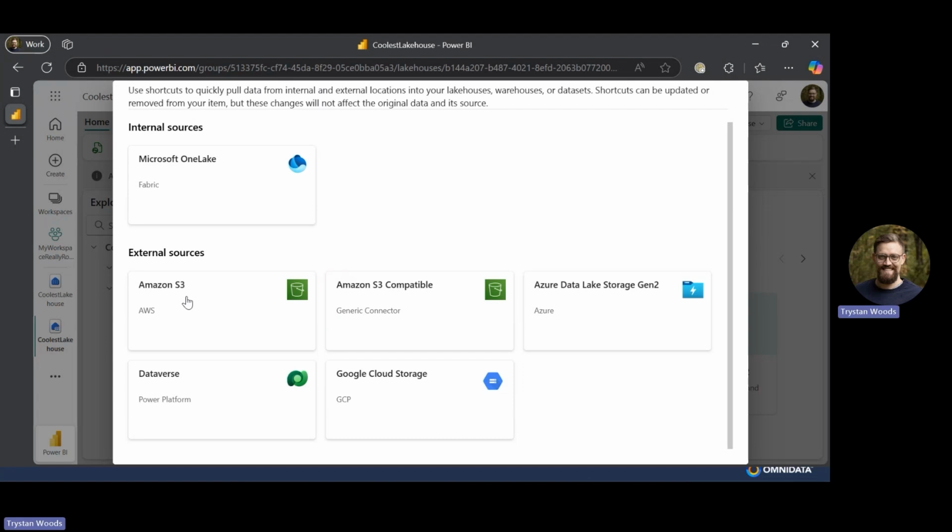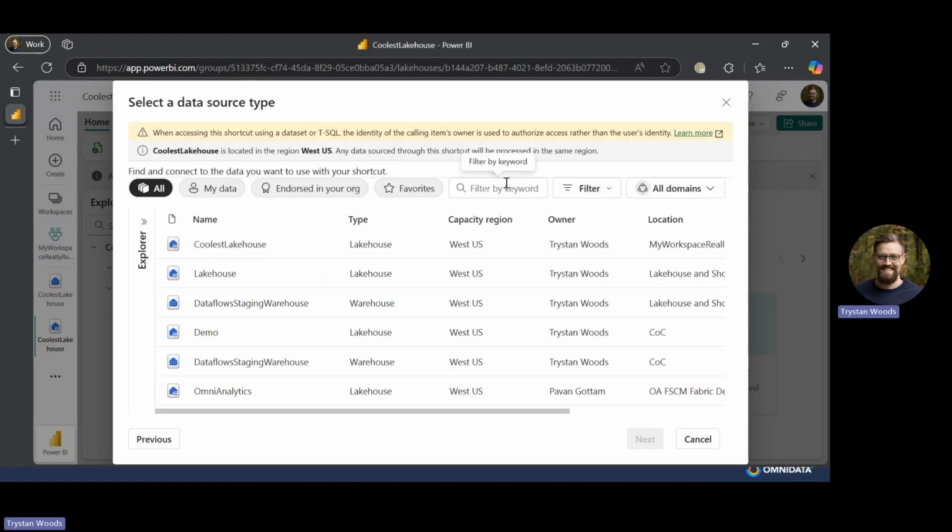We have AWS, Azure Data Lake Storage Gen 2, though kind of a Microsoft product, it's not considered an internal source for what we're doing. We have Dataverse, and then we have Google Cloud Storage. So I'm going to keep this simple and just use an internal source. And then I'm going to find